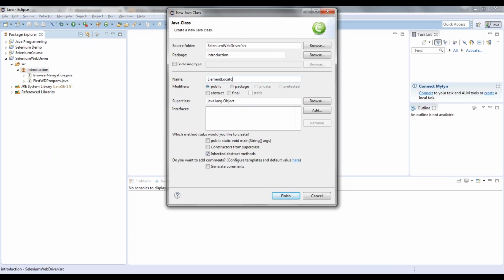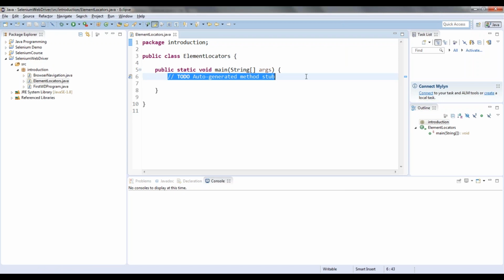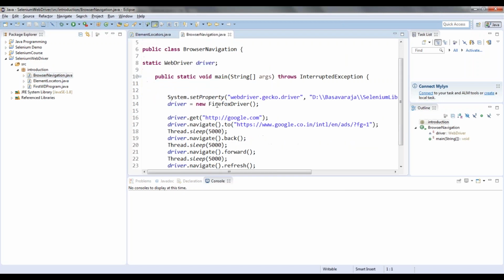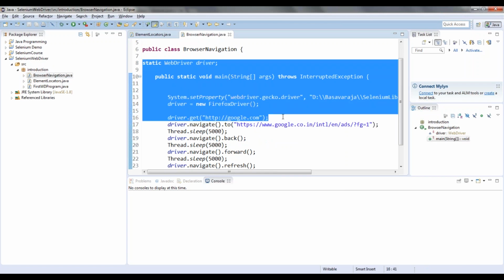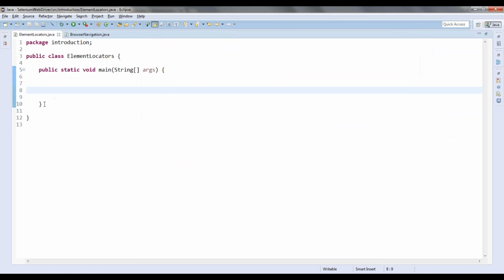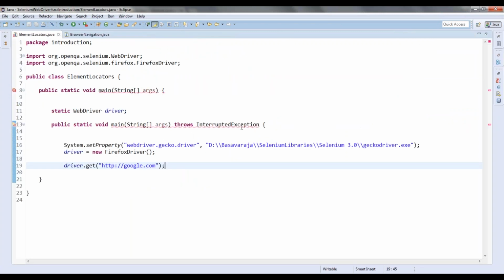Element locators, and then I will use the same thing, up to google.com. But don't copy paste what I am doing. Don't copy paste until you get some hands-on with these things.